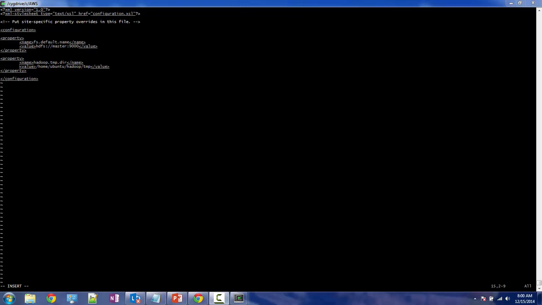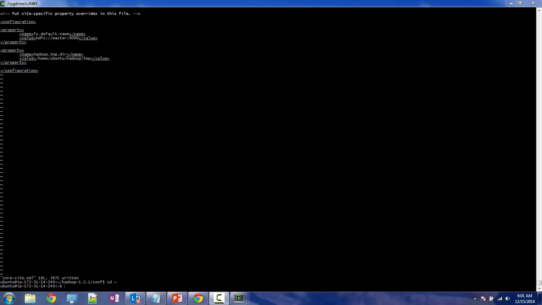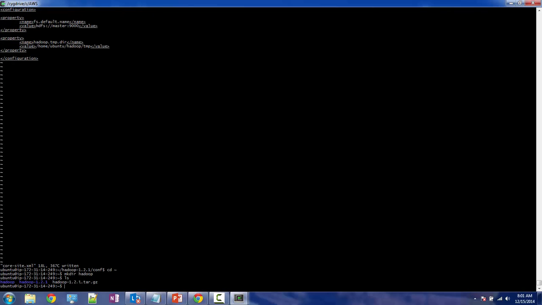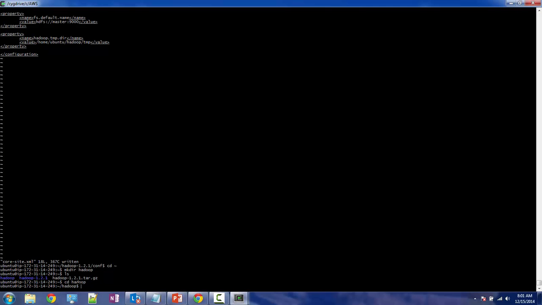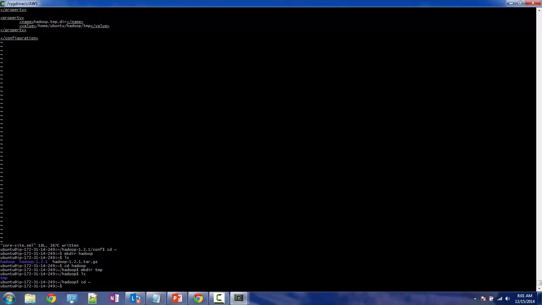We'll also have to create a Hadoop directory. So we'll have to create a Hadoop directory and then inside it a temp directory. Now I'll go save that and create that. Now let's create a Hadoop directory. Let's go into that directory and make a temp directory, and this is empty. Let's go back to the root folder, the main folder,